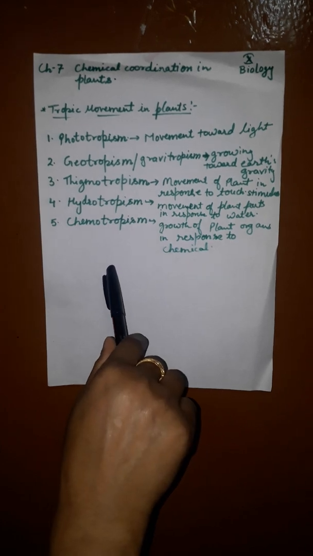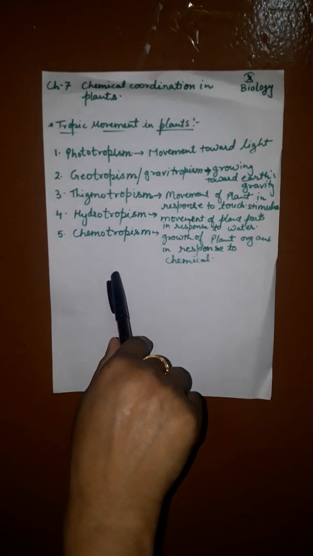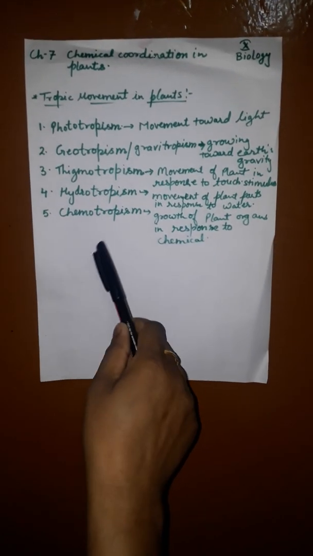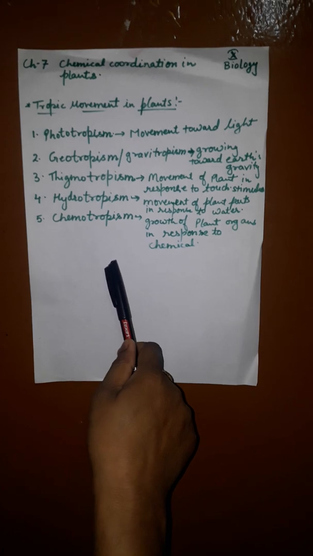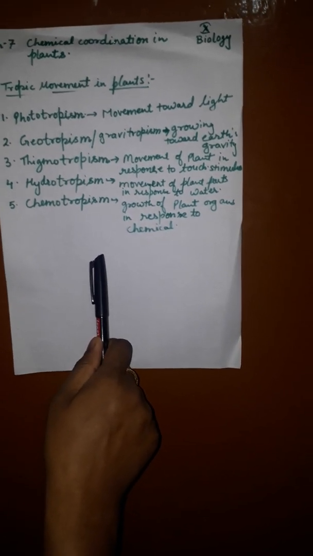The movement of these parts, like root and shoot, takes place in direct response to external stimuli. For shoot, the stimulus is sunlight, and for the root, the stimulus is water. The direction of the response is related to the direction from which the stimulus comes. Such a response is known as tropism.